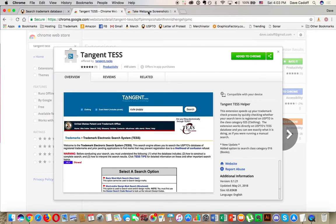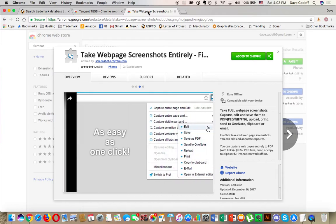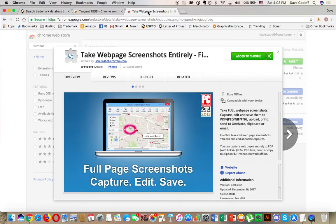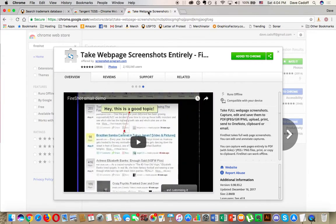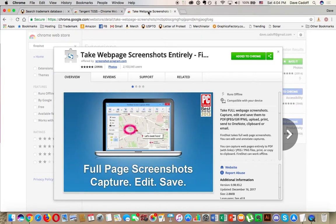And the other thing that I do is I like to take big screenshots of the entire page of evidence. What I was finding, though, is when I used just about every other method, when I would take a screenshot, the screenshot itself would shrink all the way really small, so that even though it was a full page and it might have been like 3, 4, 5 pages if you printed it out, it would shrink it up so it fit on a 1-by-1 page. And that stunk, because what happened is I got a bunch of letters of protest denied simply because they couldn't read the type that was on those small one-page images. So if you take 4 screenshots and shrink them up,